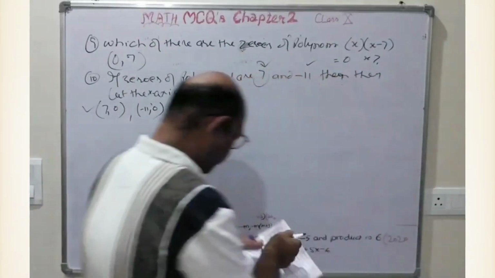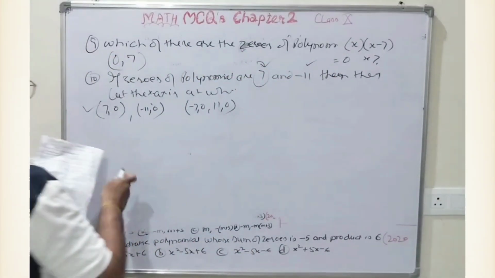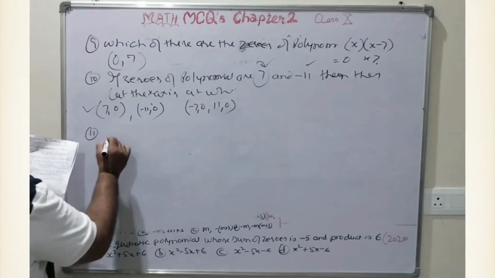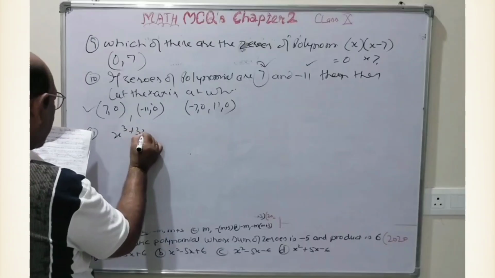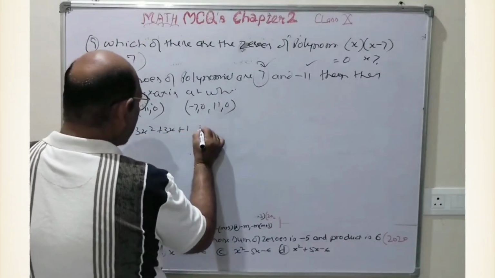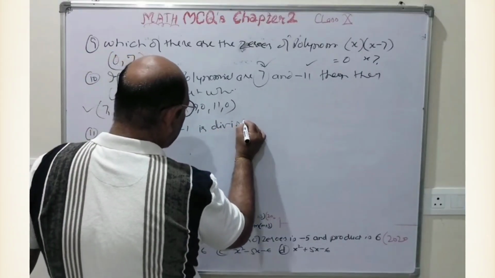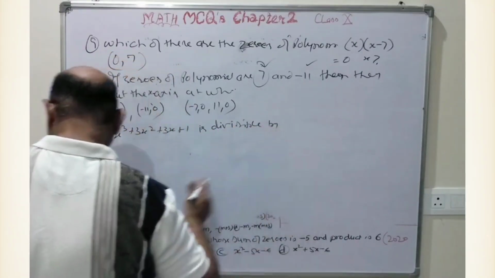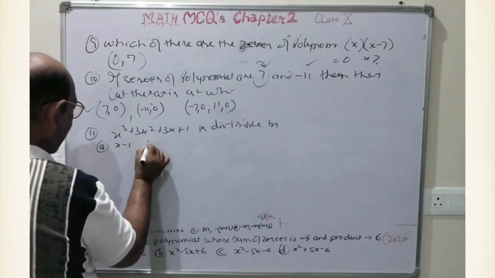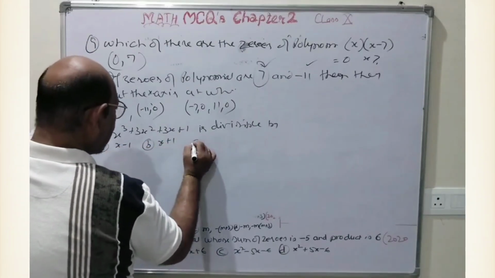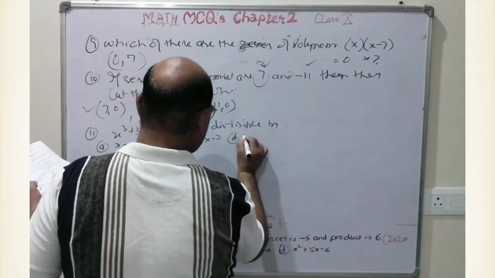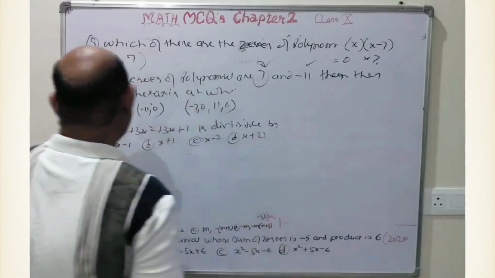Next is the polynomial x cube plus 3x square plus 3x plus 1 is divisible by, तो इसमें ऑप्शन है मेरे पास x minus 1, x plus 1, x minus 2 and x plus 2. तो जैसा कि हमें पता है